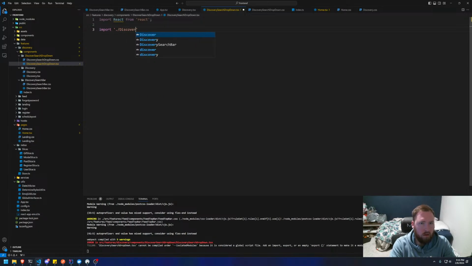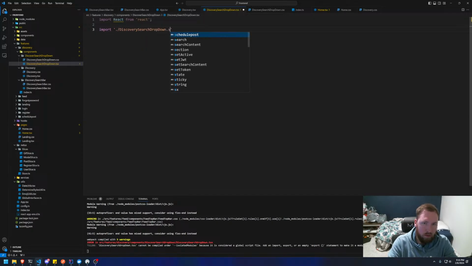I can't spell discovery search drop down. Okay, and make sure we grab the .css on the end of that. Hopefully I spelled that right. Discovery search drop down. Let's export const